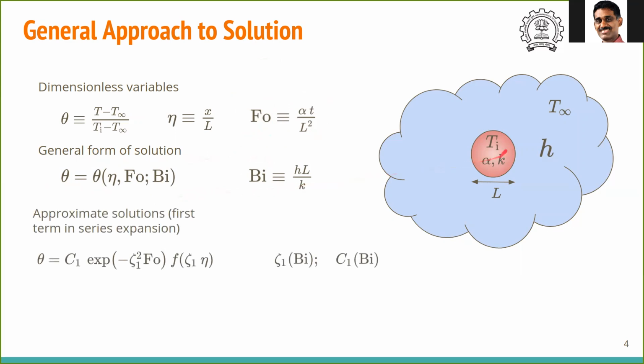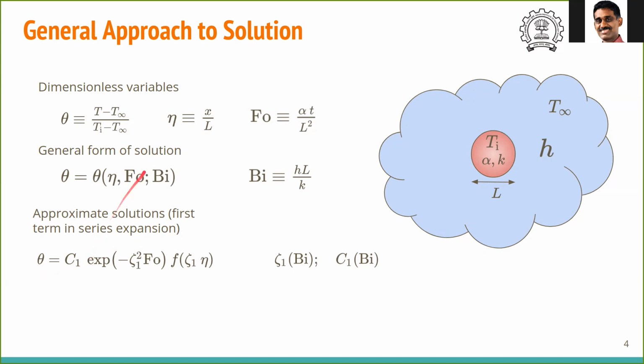In many cases, we get a series solution to the problem for simple geometries, but there are approximate solutions available. What is done is the first term in the series approximation is taken, and that gives a very good approximation to the exact solution. Since we are doing engineering problems, we don't want exact solutions, we want only approximate estimates. That is good enough, because anyway there are so many measurement errors and other errors that come. We just take an approximate value.